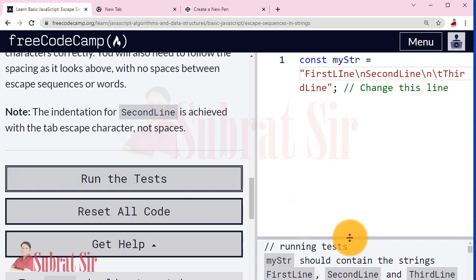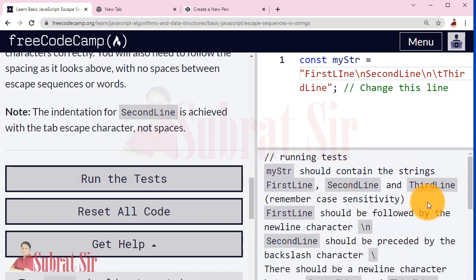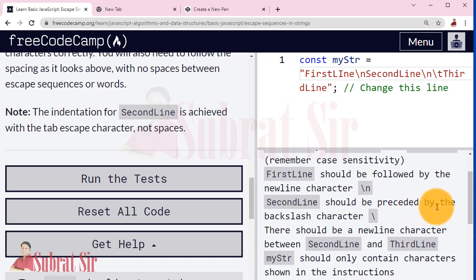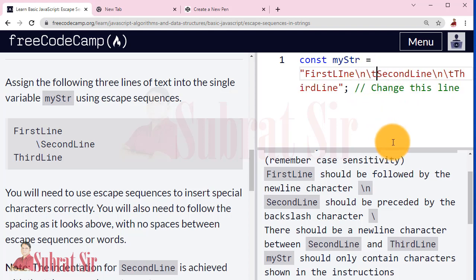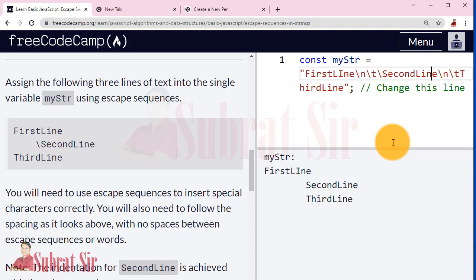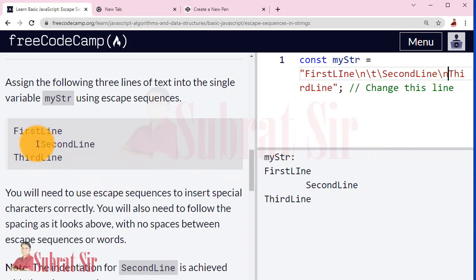Now run the test. First line, second line, and third line. Remember case sensitivity. Second line should be preceded by the backslash character. Yes, this character is there. So second line, yes, and second line has the indent. Okay, not the third line. Okay, this tab indent.